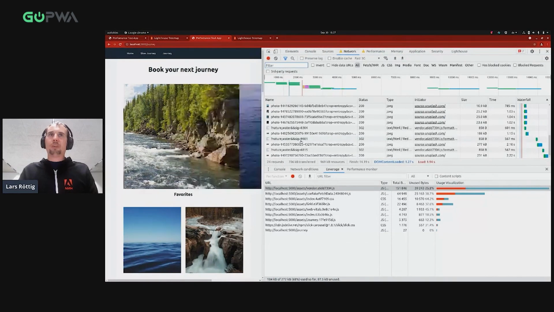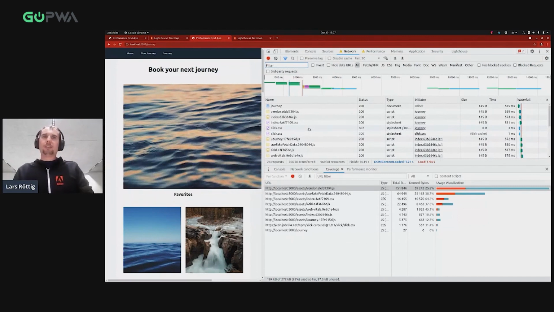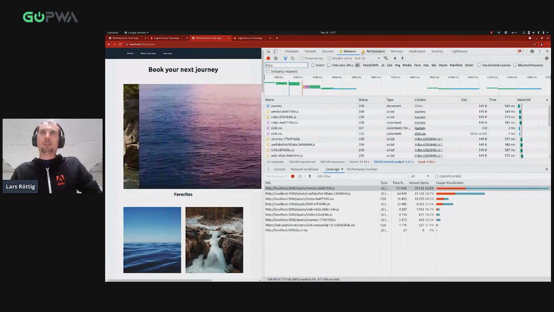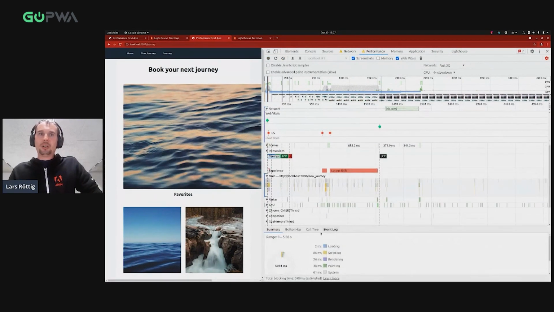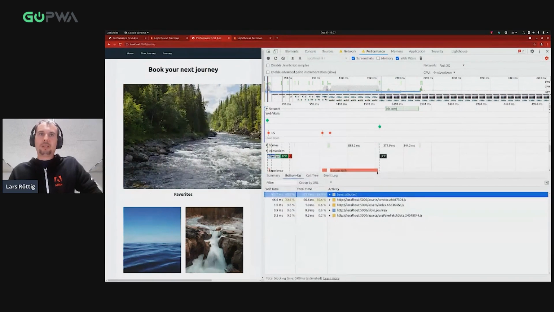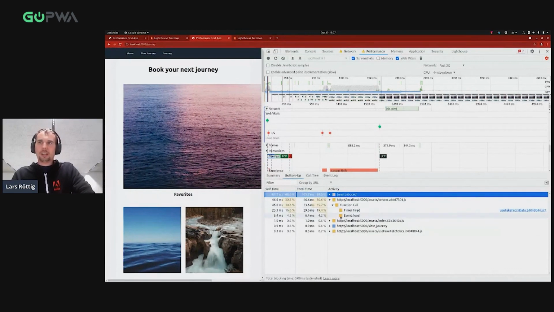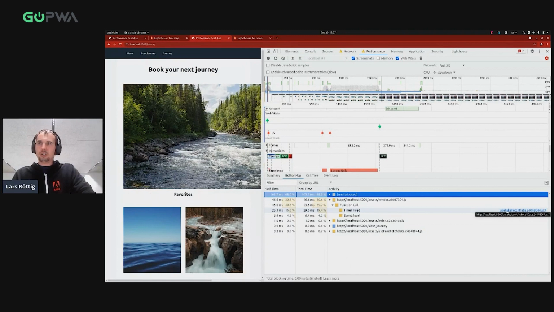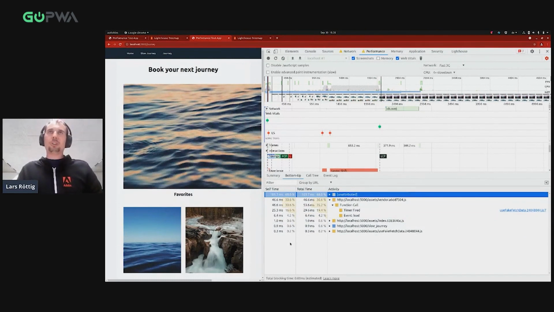Also, sometimes it's really helpful to go on the network tab and see if there is something that takes really long. Also, what helps here is if you go into the performance tab, go to bottom-up, and you already get some information. Hey, useFakeDemoData takes 90% of the total time on this site.